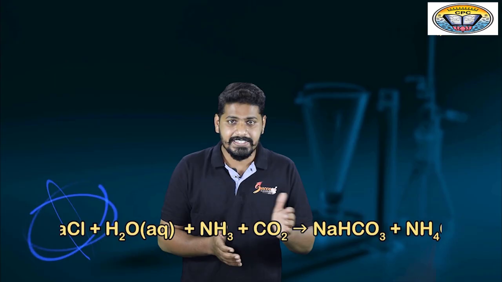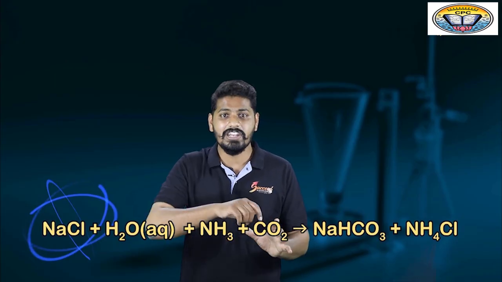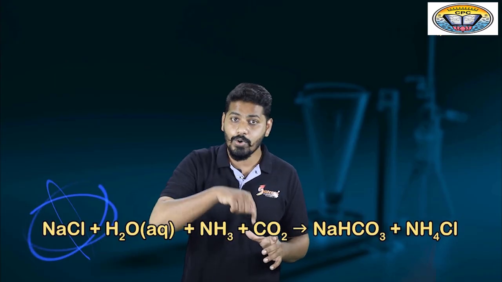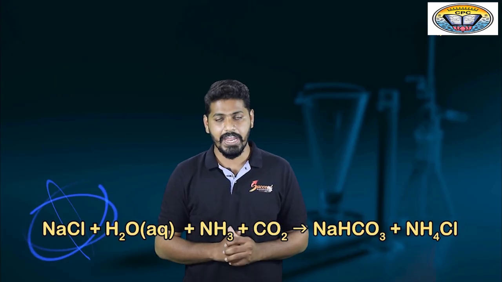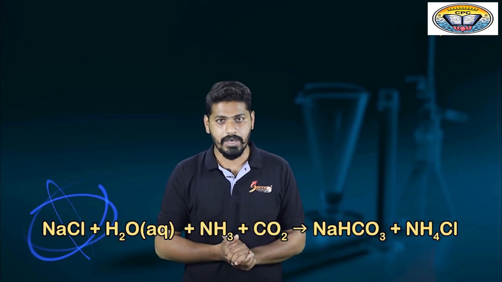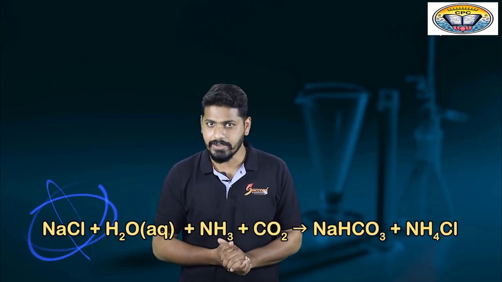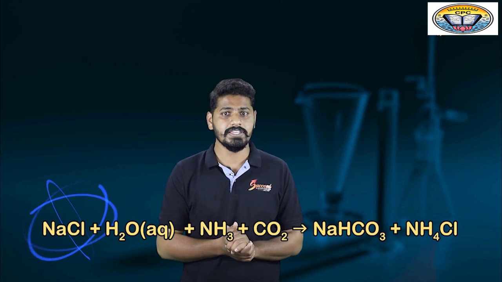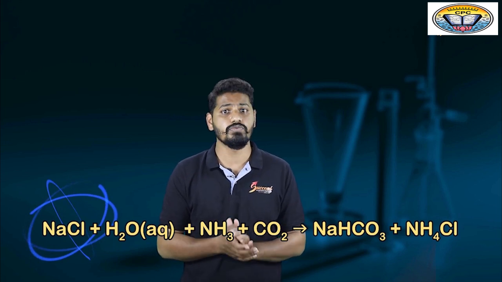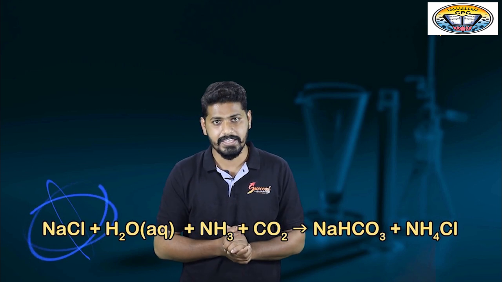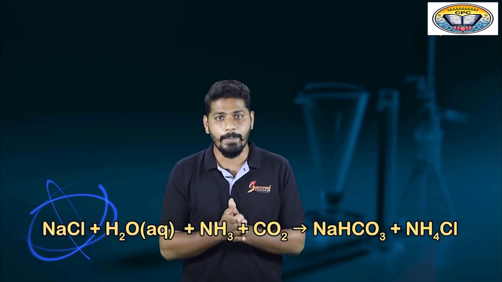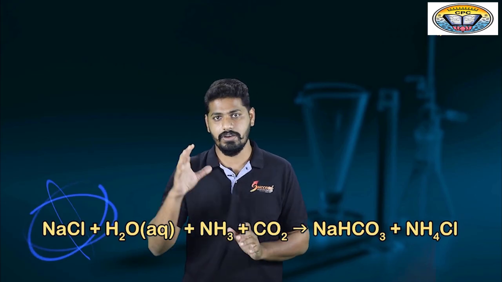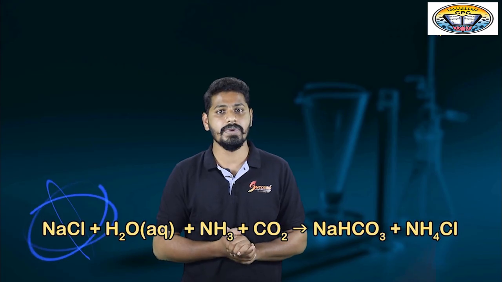So baking soda is formed when NaCl, sodium chloride, is dissolved in water along with ammonia and carbon dioxide. It forms baking soda along with ammonium chloride. Where do we use this? Yes, of course, I told you that already. We use it mainly in the kitchen, to make food crispy, as well as to make a